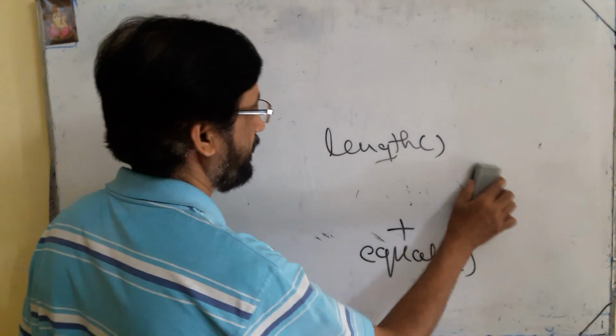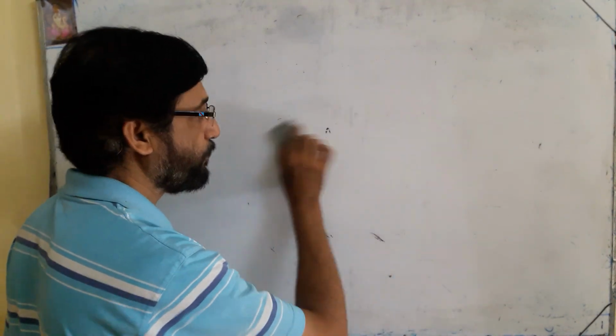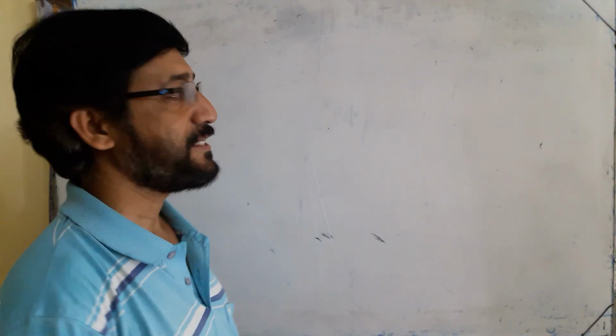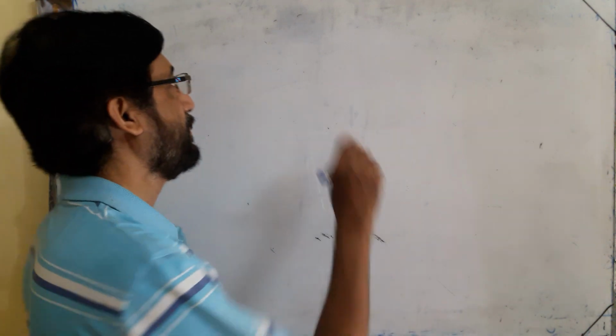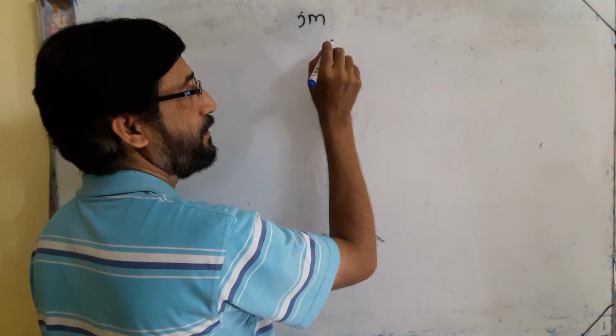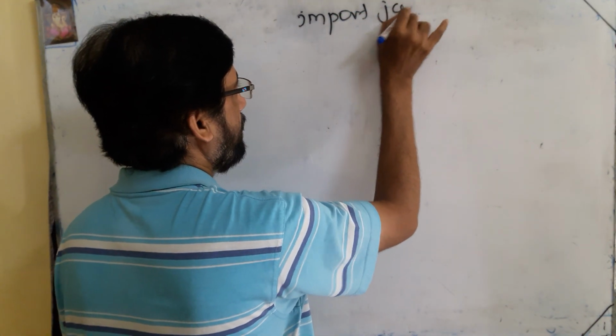First of all, as the question asks to input the string, we will input the string by using the Scanner class. To input the string, it is necessary to import the util package, because you know the Scanner class is present in the util package. So how to import? By using the import statement. This is the first statement of the program. Import java dot